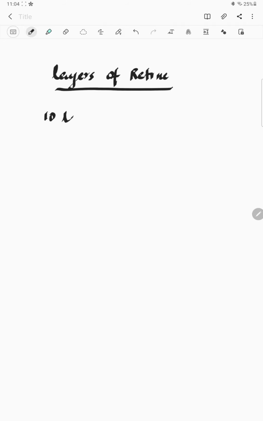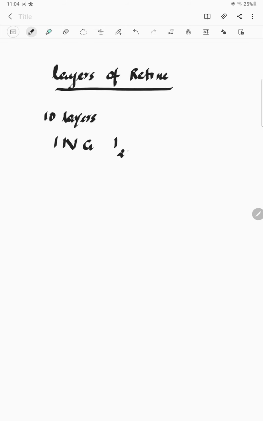So now we are going to learn about layers of retina. We need to remember that retina has mainly 10 layers. So we will first try to remember the layers of retina using a mnemonic, that is